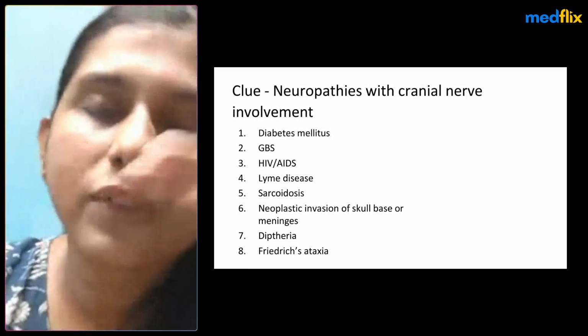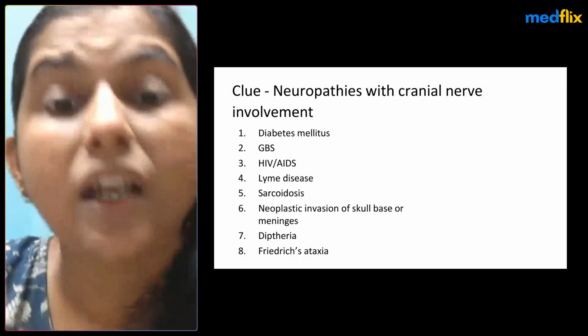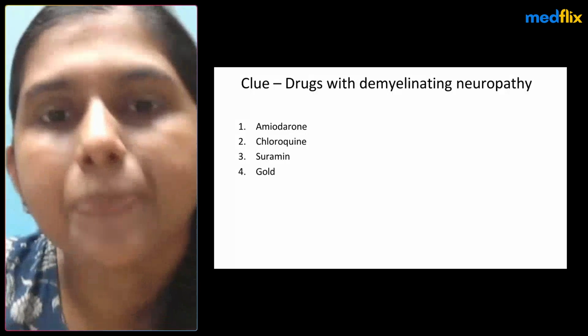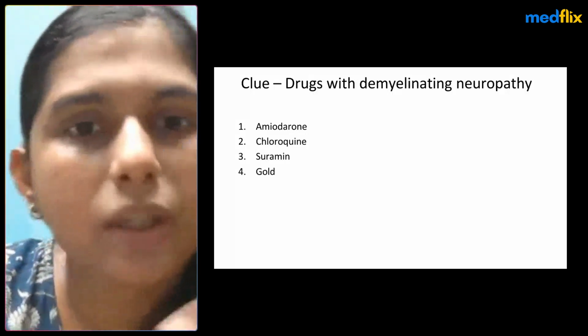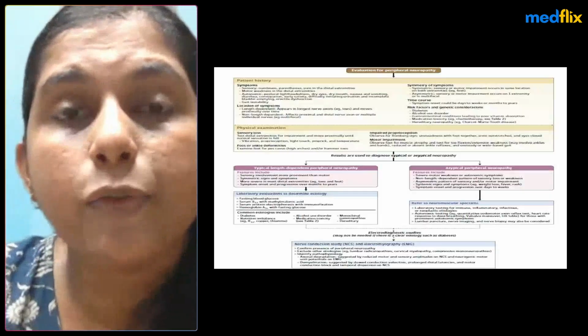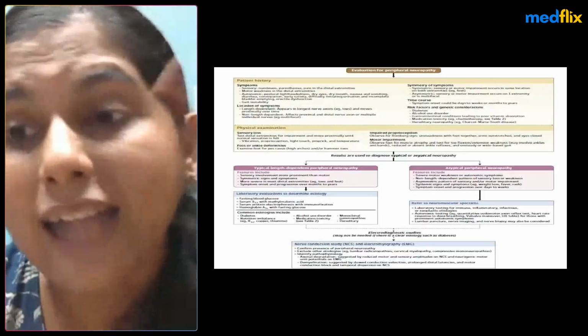And if there is associated cranial nerve involvement, it could be diabetes, GBS, Lyme's, sarcoid, diphtheria, or Friedreich's ataxia technically. And demyelinating neuropathy, we already spoke about amiodarone, something we should never forget because it's something we commonly use. And for a final summation of the evaluation of peripheral neuropathy, I'll just break down this slide